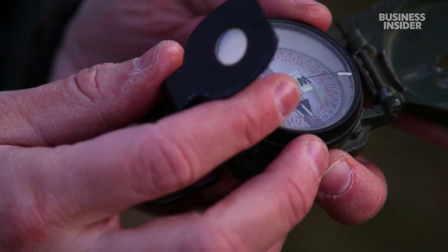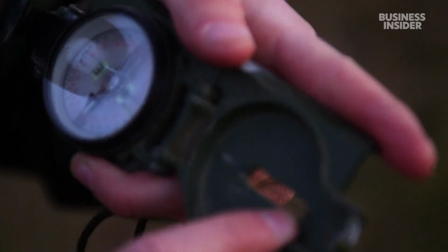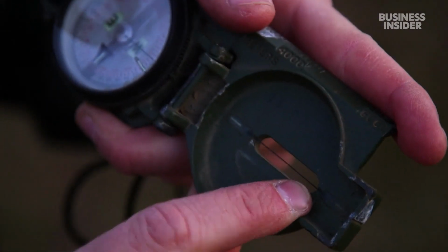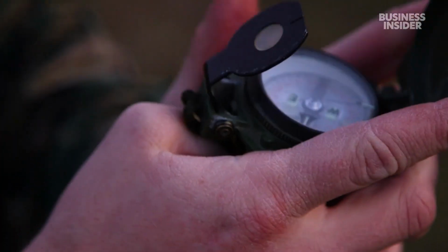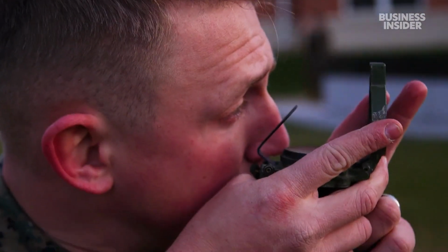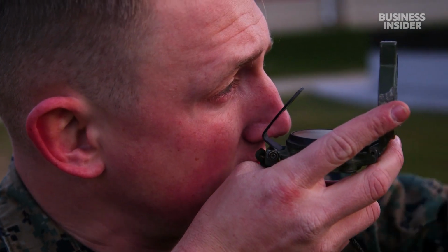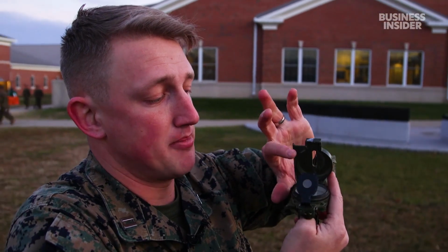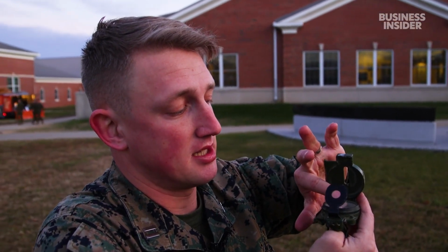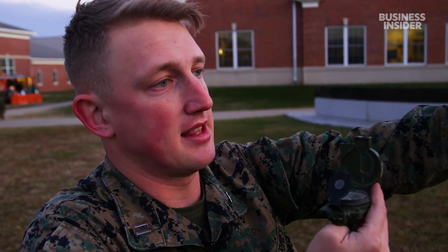Also part of it is a glass here. And then if you look very closely, you'll see a string that goes across the center plate on the compass. What this allows me to do is to adjust it up like so, bring the compass to my cheek, and be able to do what's called shooting an azimuth. This allows me to sight in my compass, and as long as I look down at the eyepiece on the compass and match it up with the degrees to the line here, I know exactly